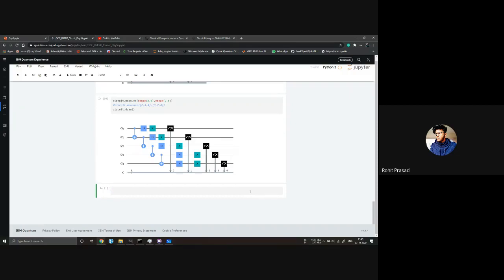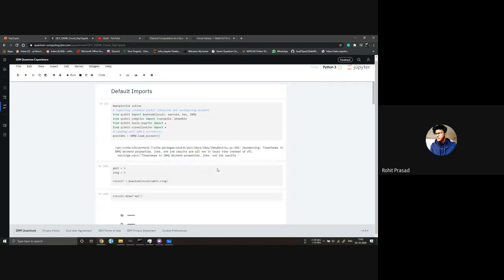Like you want it to run on that online cloud thing, or you want it to run on a simulator. So Aer simulator is one of the simulators. And if you want it to be run on an actual quantum computer, you need the API token from your IBM Quantum experience.